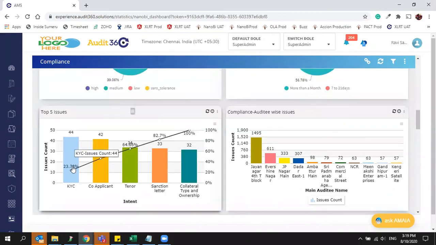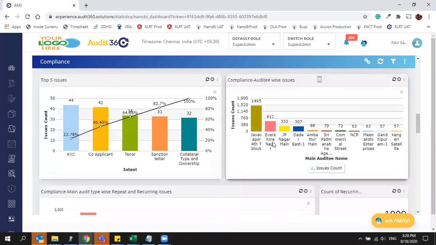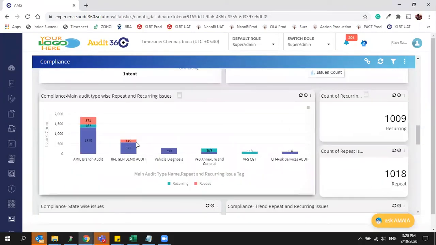Then you can see the overall top 5 issues in your organization, which particular checkpoint got how many times as an issue. As the top 5 issues, you can see them at the checkpoint level, and you can see them at the branch level, or if you have vendors or any auditee wise issues, you can see those. Then one more thing is